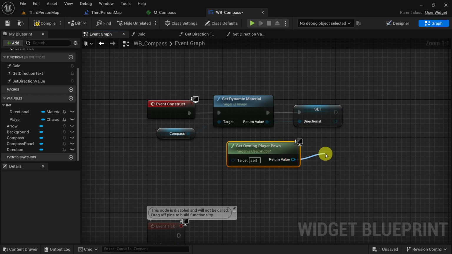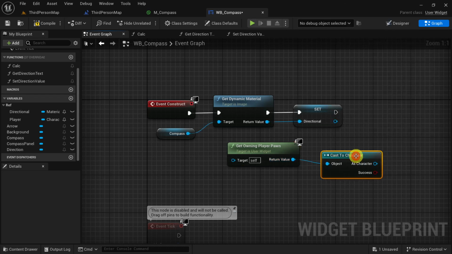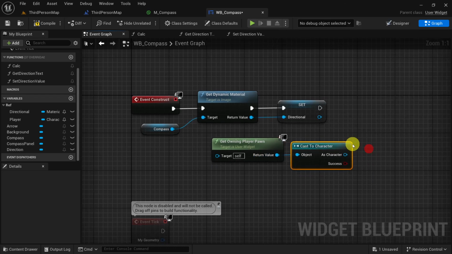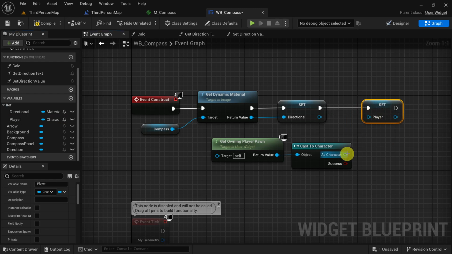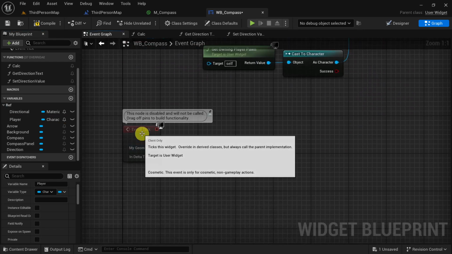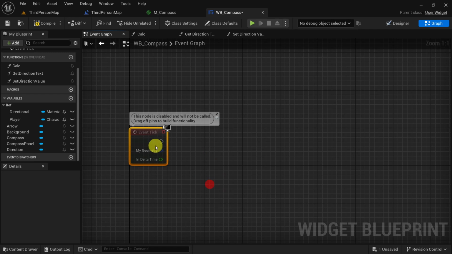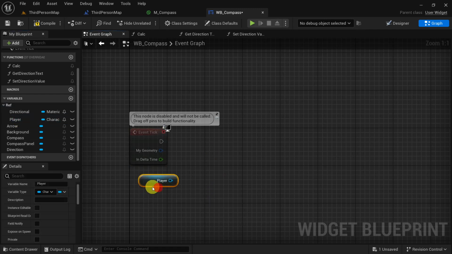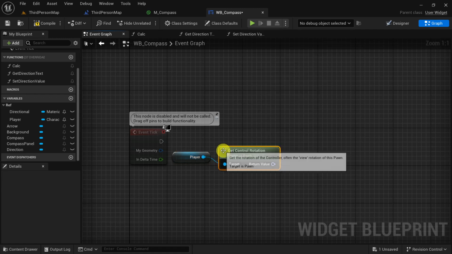Get player pawn, cast to character, pure cast, and I add the player variable in here. It will get the reference from here. And on event tick, get the player reference, get control rotation,